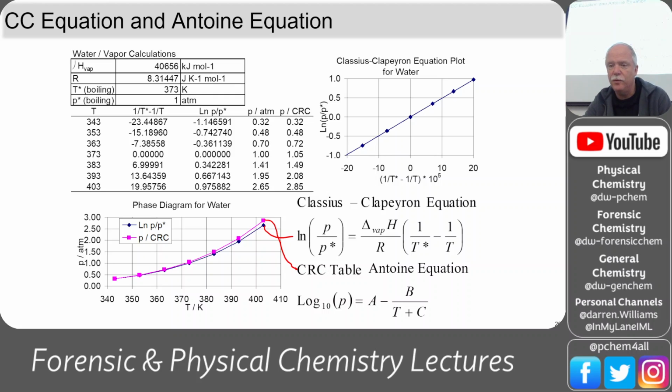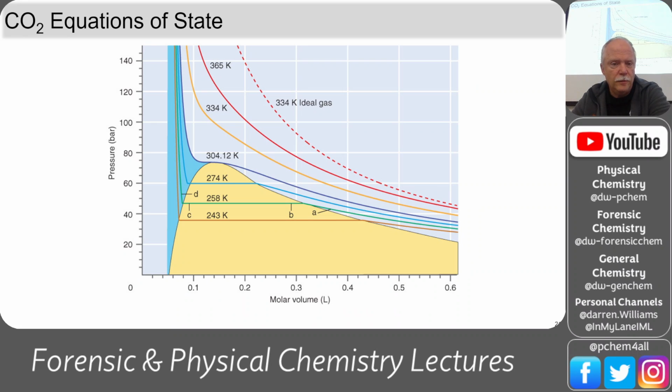They'll be very important when we start talking about distillation, because again, what is distillation based upon? It's based upon the vapor pressures of the liquids, and whatever has the highest vapor pressure is going to come over first. That would be the thing with the lowest boiling point. So we would be able to predict separations based on vapor pressure and determine if mixtures are going to be ideal or not based on their differences in vapor pressure. So